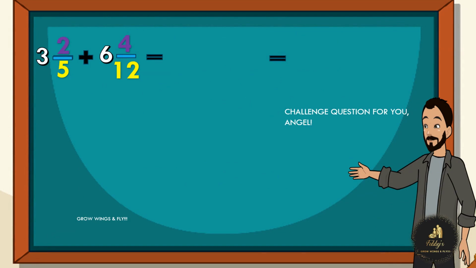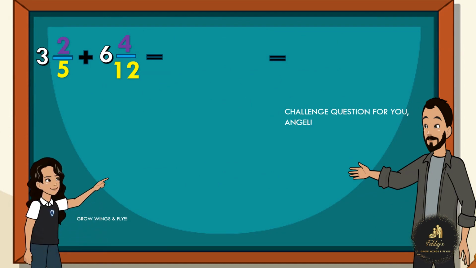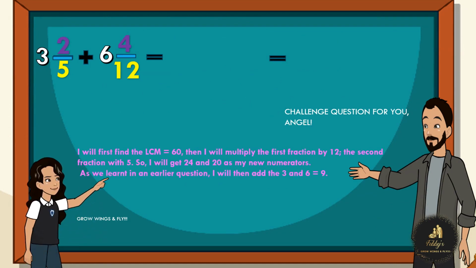You got this. Here's a challenge question for you. Try doing that. You threw one at me. Yes, Mr. Febby, I know how to do that. I'm going to find the LCM. So 5 and 12, the LCM is going to be 60. Then I multiply the first fraction with 12. So I end up getting